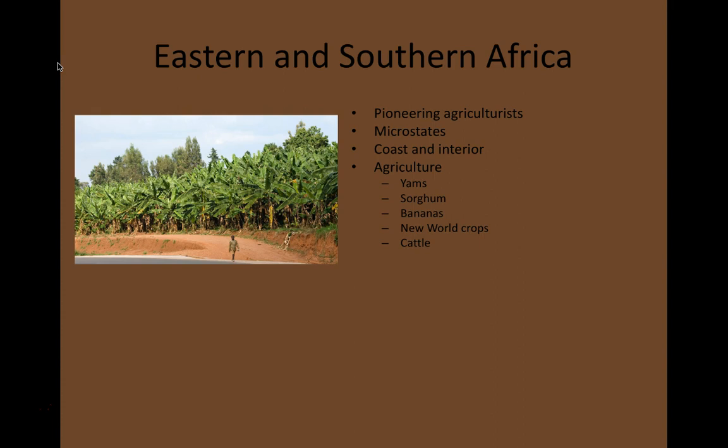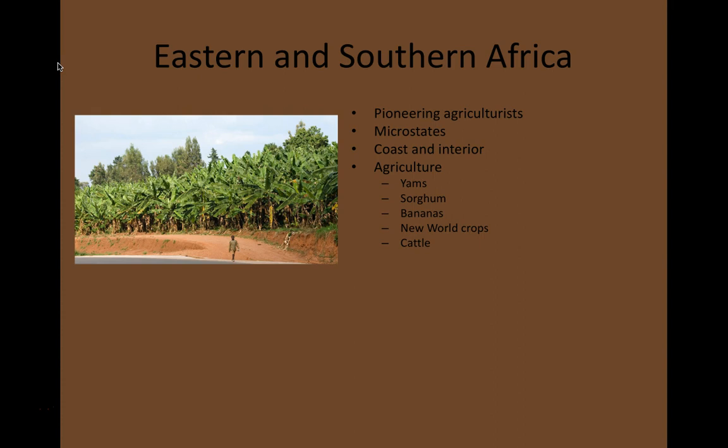Agriculture spread with the migration of the Bantu, and they were able to master different kinds of agriculture depending on the environment they lived in. In the rainforest, much as with West Africa, they depended on vine crops, especially the African yam.